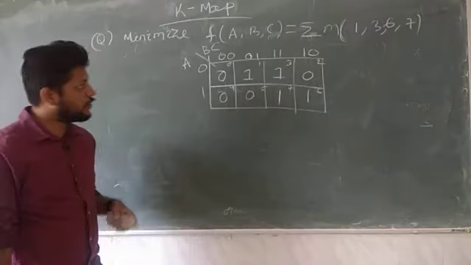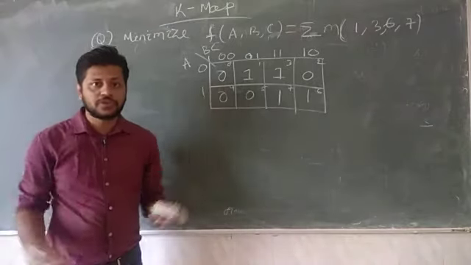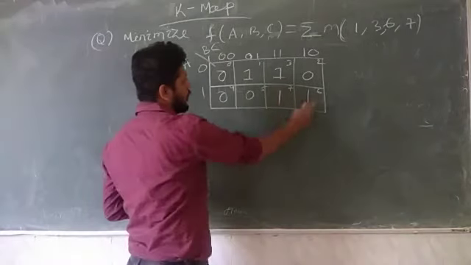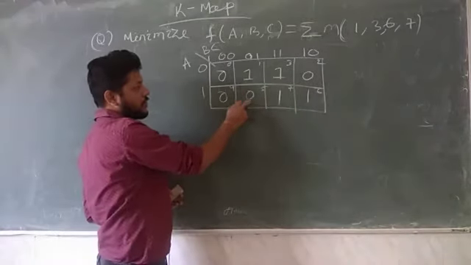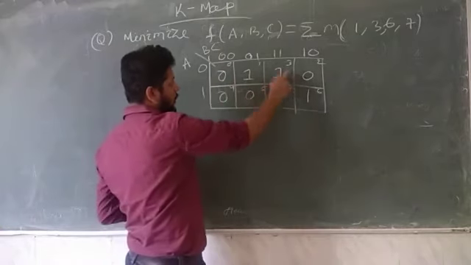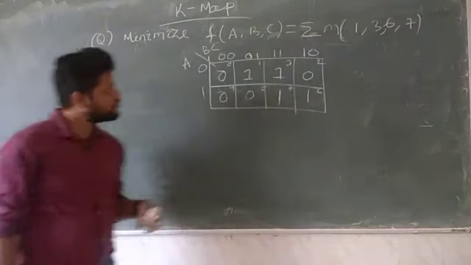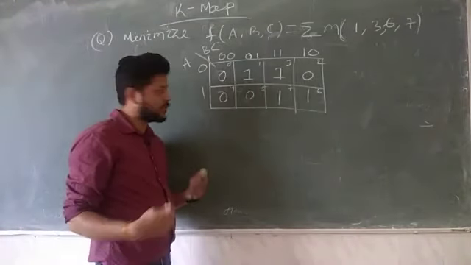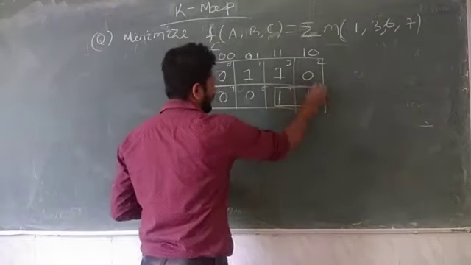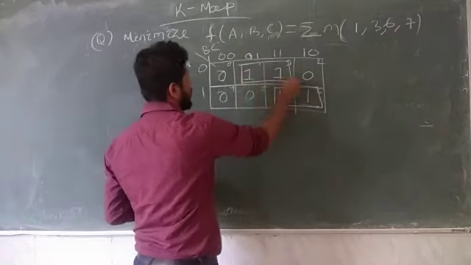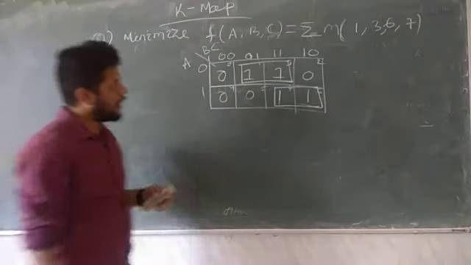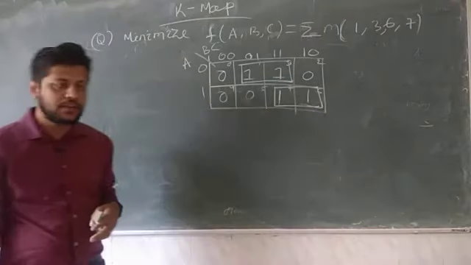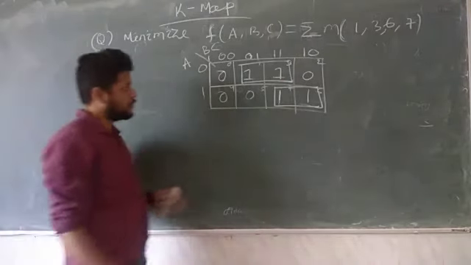Then you need to see whether it is possible to combine 4 cells or not. This is not possible here because of 1 1 1 1. Here if this is not 0 and this is 1, then we can combine all these adjacent cells. After that we need to see whether 2-cell combinations are possible. Yes, you need to combine this, you need to combine this. No need to take this one and this one because all the min terms are shared by other cells, hence this is redundant, so no need to take that.